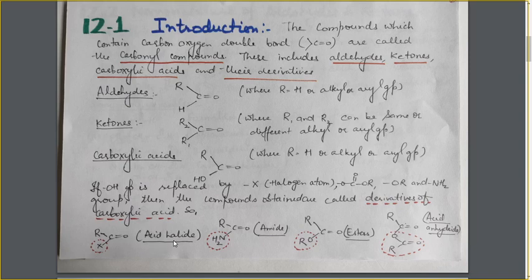Now, what are the different acid derivatives? First one is the acid halide. In this, the OH group is replaced by the halogen atom. Second is amide. In place of OH group, there is NH2 group. In esters, it is OR group, alkoxy group, in place of OH group. And acid anhydride, in place of this OH group, this large group is present and named as carboxy group. So these are the different categories of compounds which come in the category of carbonyl compounds.